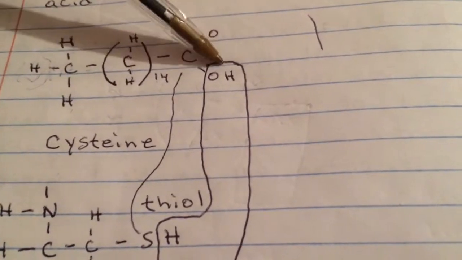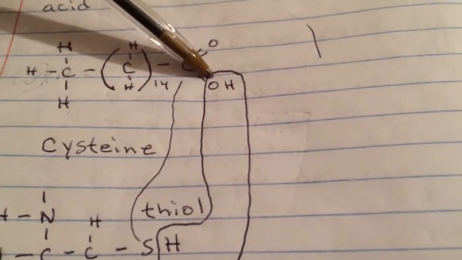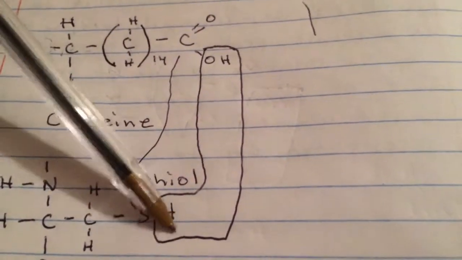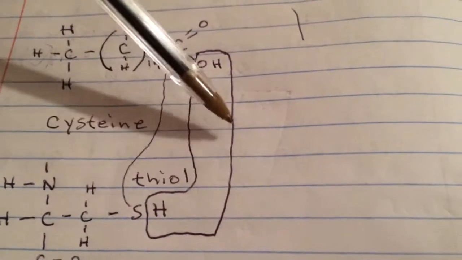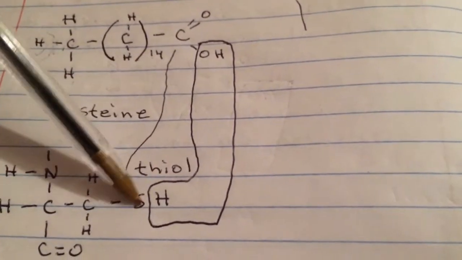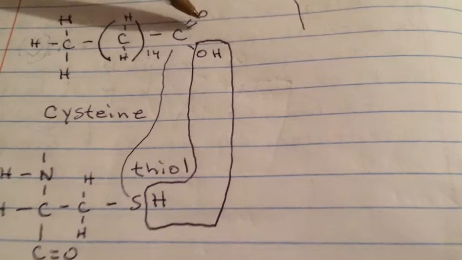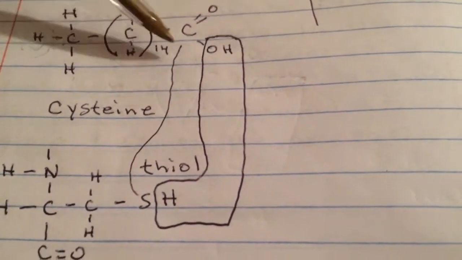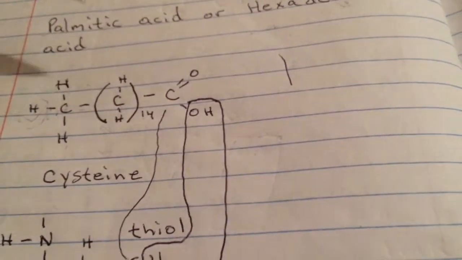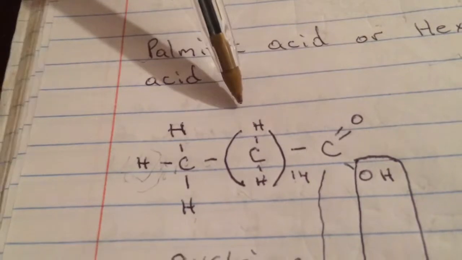So how they react is the alcohol group of the fatty acid comes together with the hydrogen next to the sulfur, and it's a condensation reaction. Water is released, and the sulfur bonds with the carbon. So the carbon has its 4 links, 1, 2, 3, 4. And this up here is a fatty acid, so it's extremely hydrophobic